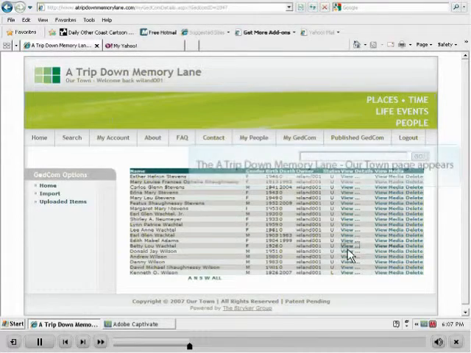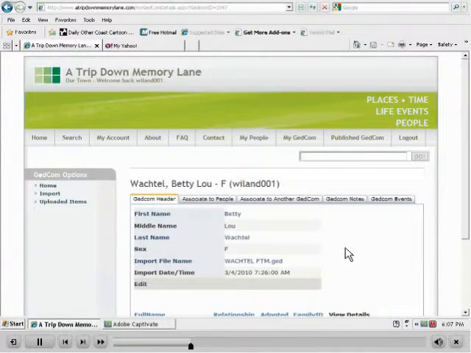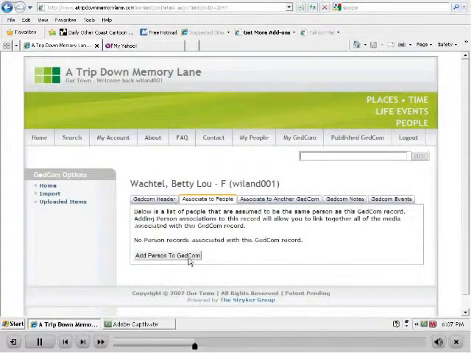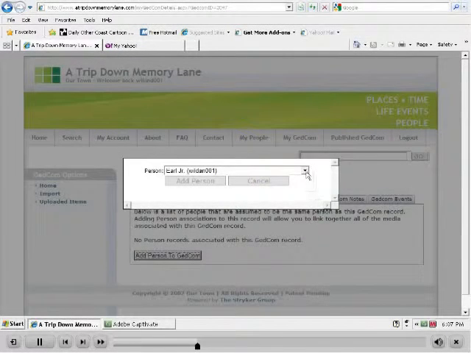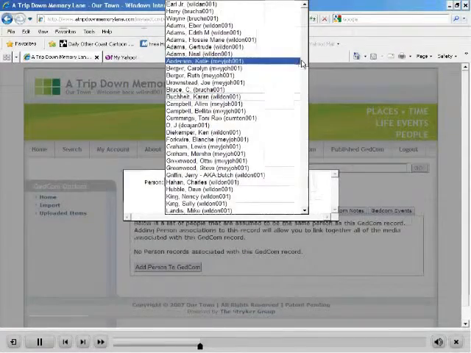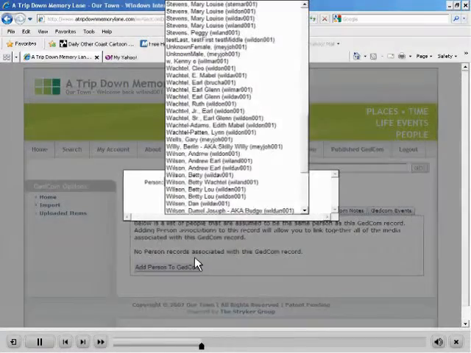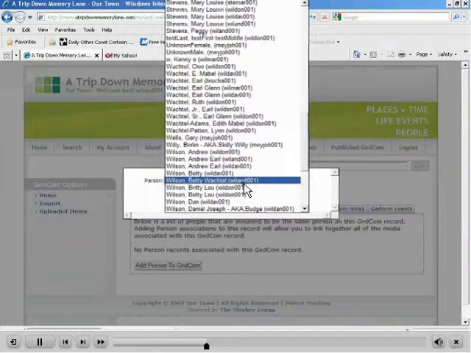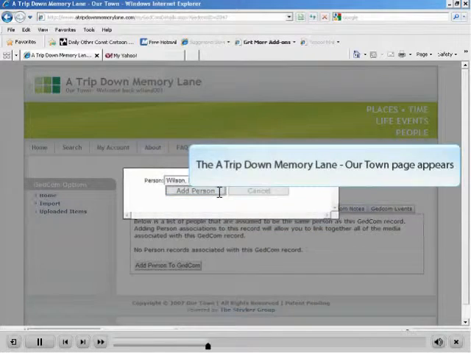So Andrew, the user Andrew, will go in and under Betty Wachtel will associate to people from this drop-down list of MyPeople will associate Betty Wachtel Wilson, owned by Andrew Wilson, to this Gedcom.